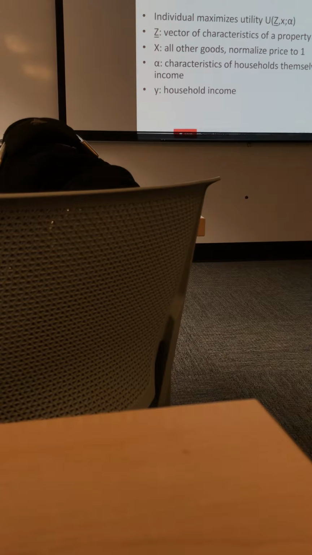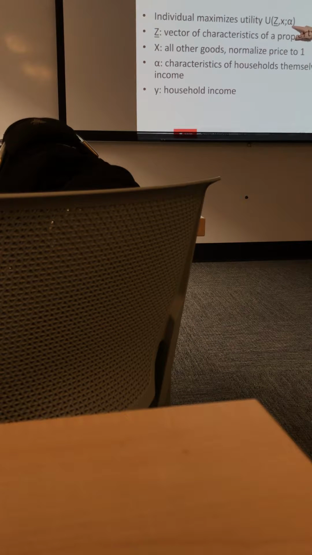So food, shelter, well not shelter, since we're going to talk about buying a house, but clothing, entertainment, whatever else you're going to spend money on. The reason we have to have that in there is because you need something that hurts you when you buy a nicer house. You need a reason why you don't just go buy the biggest mansion in the cleanest neighborhood with the best schools every time, right? And the reason has to be that there's something else you're going to get less of if you spend all of your income on a really nice house. So that's the other stuff right there.